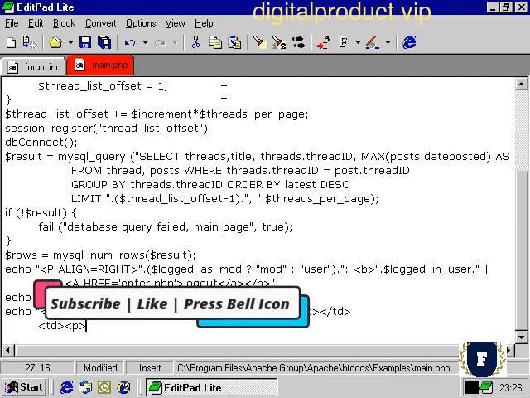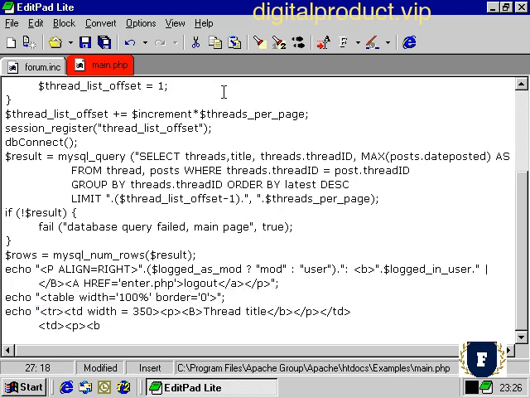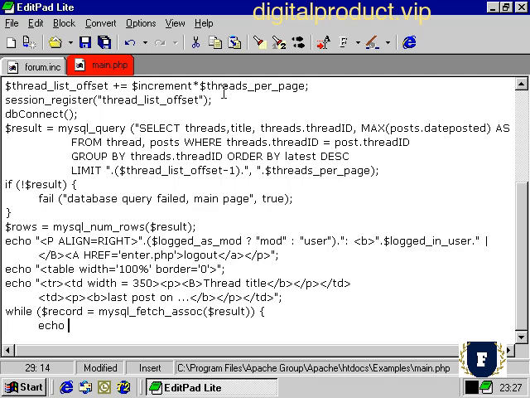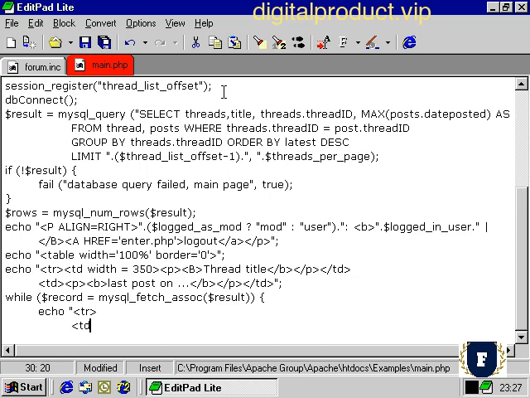and then we're going to include the date when the last post was made for that particular thread. Now we're going to set up a loop that's going to loop through all the results we've got back from our querying of the database. We're going to use a while loop to get every result that was returned. And with each result, we're going to show